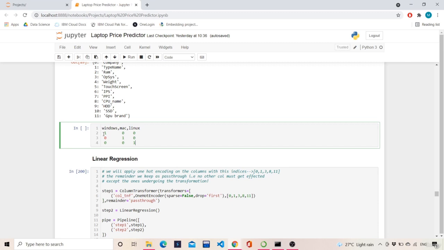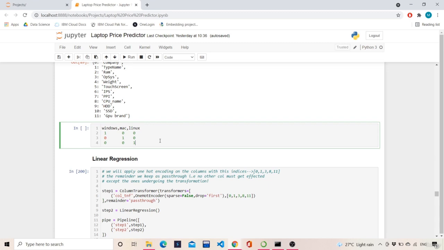Why? Because if your laptop is Windows, then I don't require Mac or Linux, right? So I can reduce on Linux. When I'm having Mac, I do not require Windows and Linux, so I can reduce on Linux. When I'm not having either Windows or Mac, that means the operating system is nothing but Linux only, because there are three types of operating systems, and in your selection 2 of them are false.